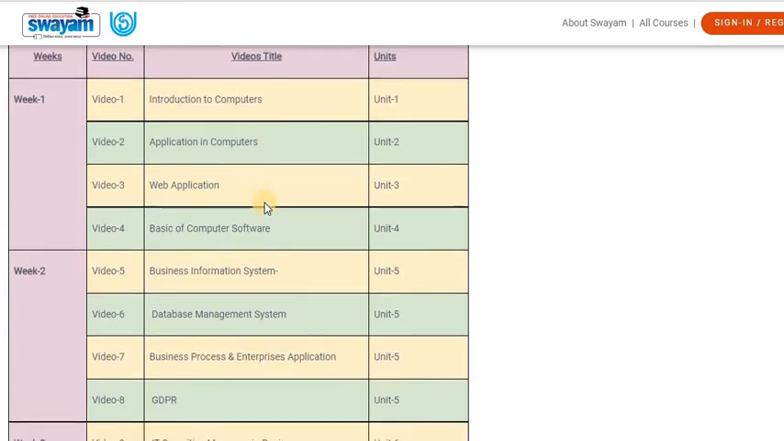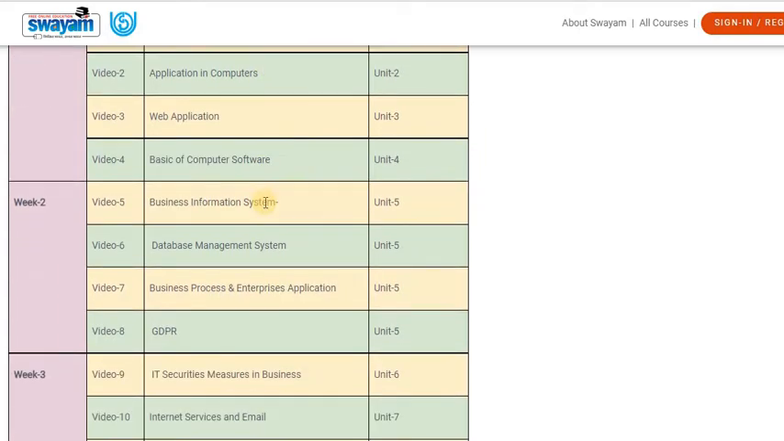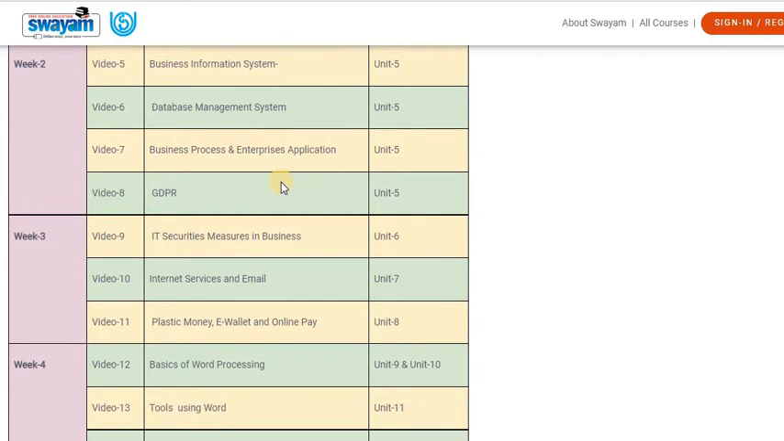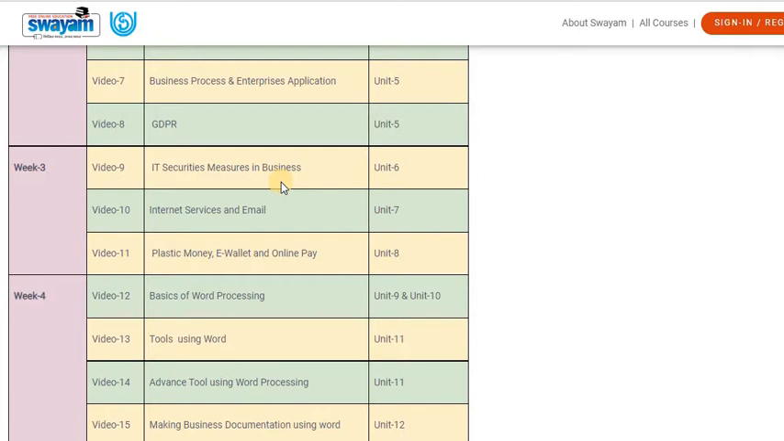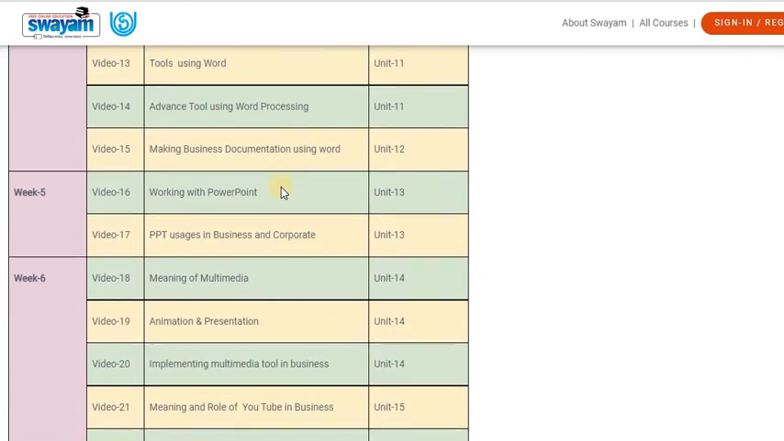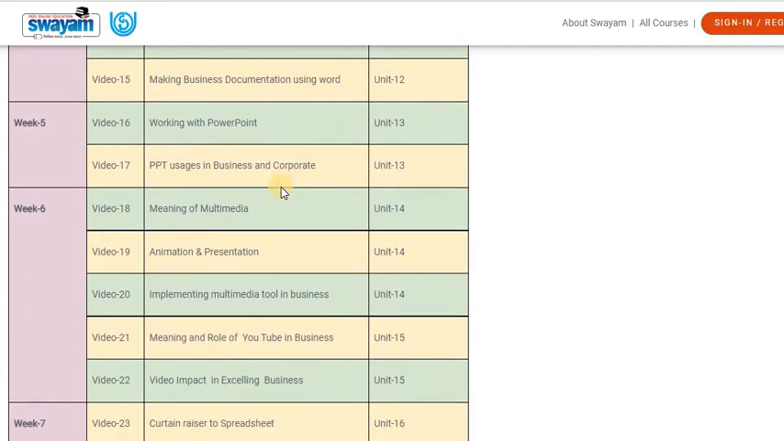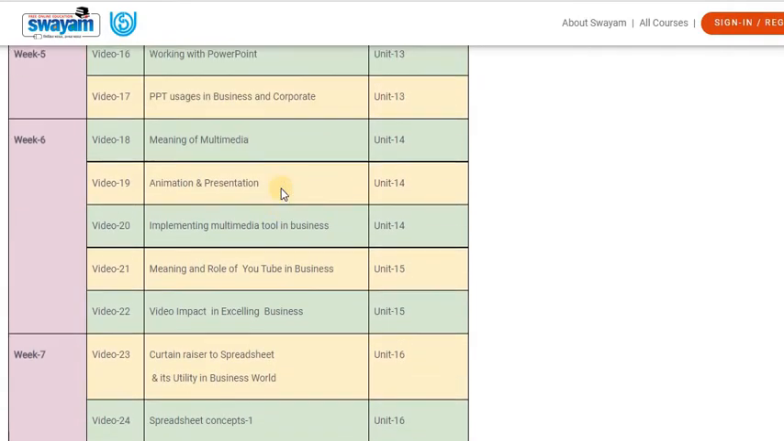Introduction to computers, application in computers, web application, basics of computer software, business information system, database management system, business process and enterprise applications, GDPR, IT security measures in business, internet services and email, plastic money, e-wallet and online pay, basics of word processing, tools using Word, advanced tools using word processing, making business documentation using Word, working with PowerPoint, PPT usages in business and corporate, meaning of multimedia, animation and presentation, implementing multimedia tools in business, meaning and role of